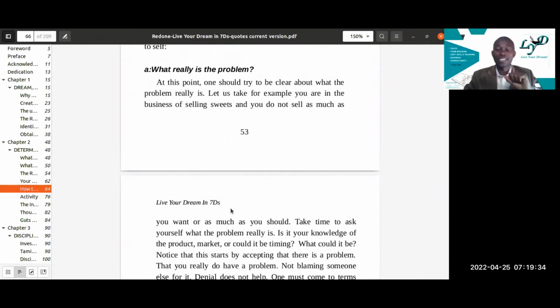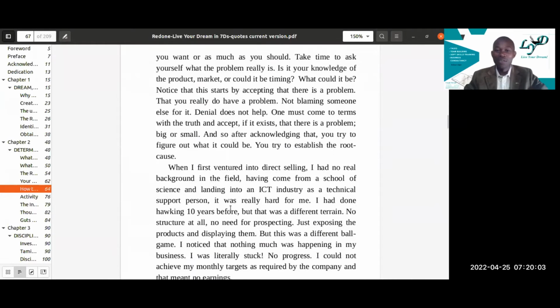I remember when I was working with Africa Online, part of the joke that we had in IT was sometimes the problem is in between the desk and the computer. The problem is not the internet, not the computer, but they are in between. Whoever is seated there. So identifying a problem is a very important step. And then we moved on